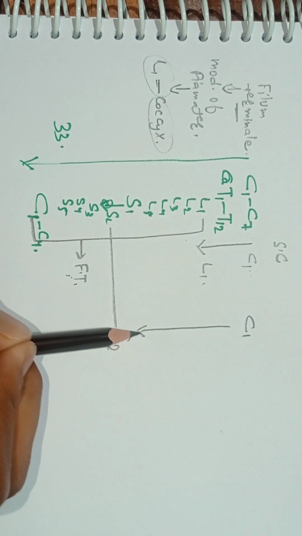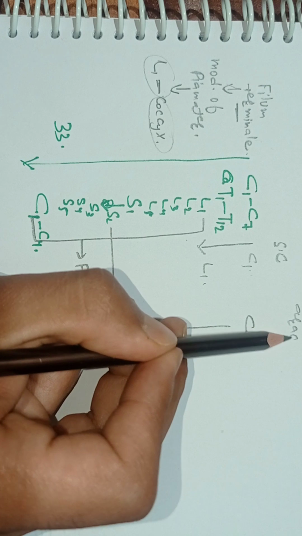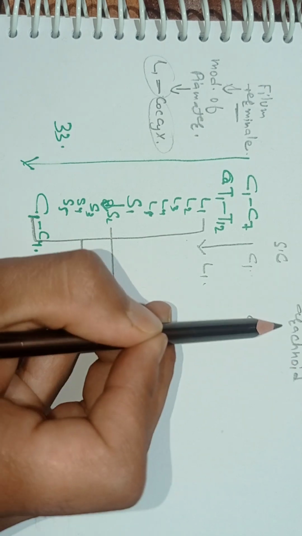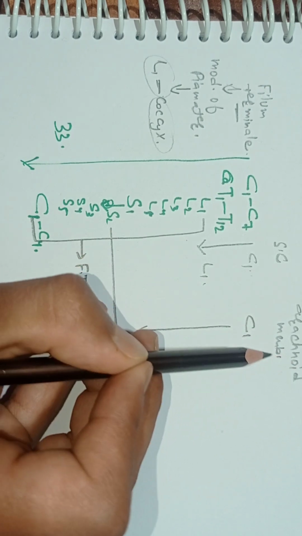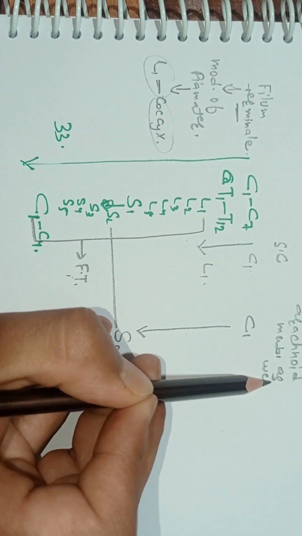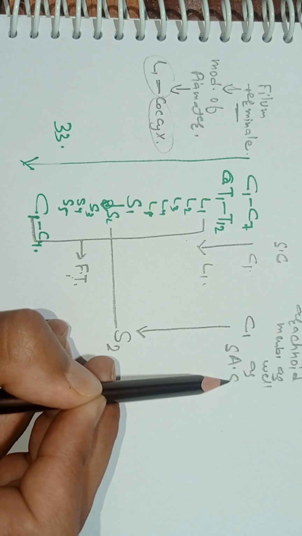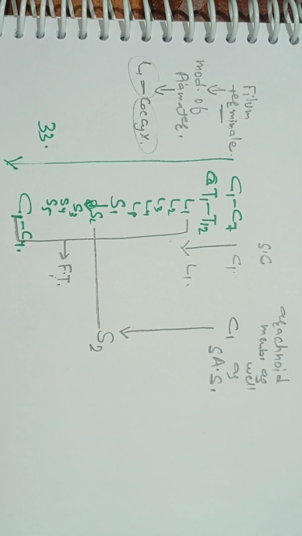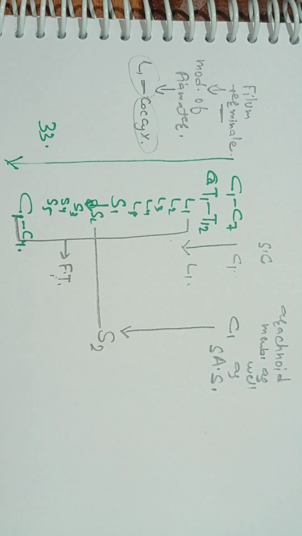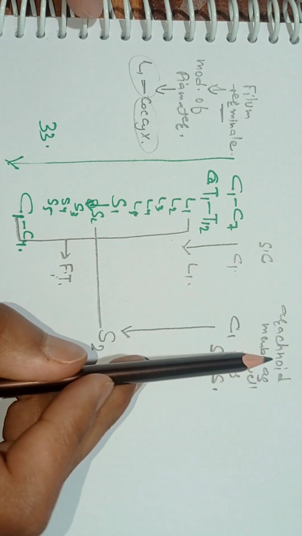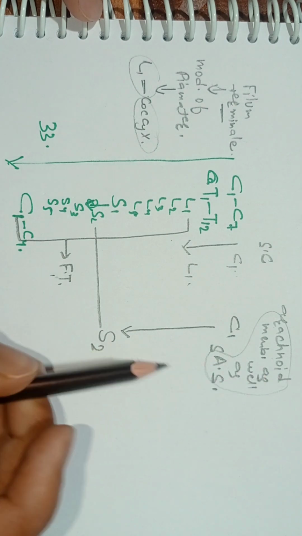This is the extent of the arachnoid membrane as well as the subarachnoid space, from C1 to S2 level. Clearly, this arachnoid membrane and subarachnoid space divide